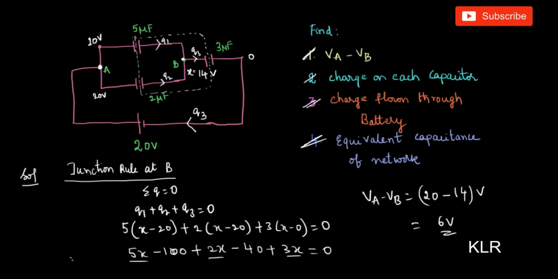We have to note that the equivalent capacitance of the network is independent of the battery. So whatever battery we keep, the capacitance is not going to change. If you connect another battery also, you will get the same effective capacitance. So the students are advised to understand this method very clearly because it is very effective and quick.